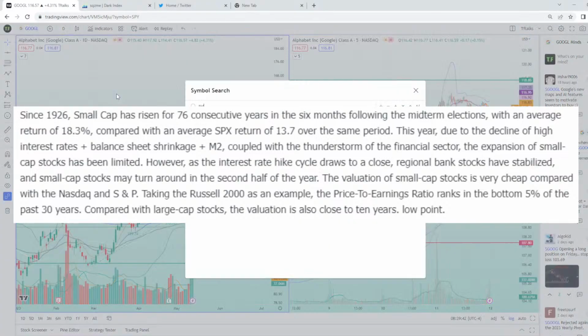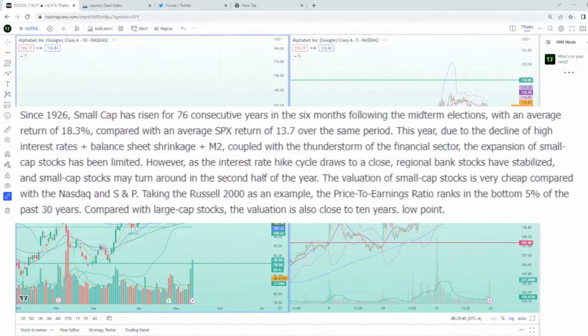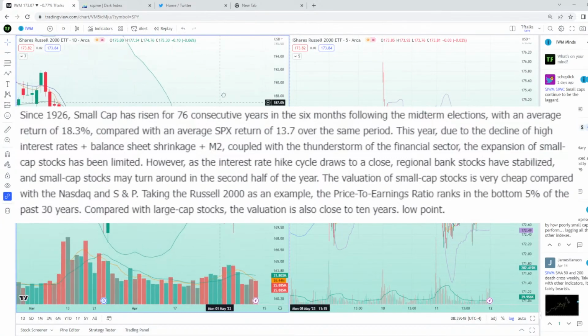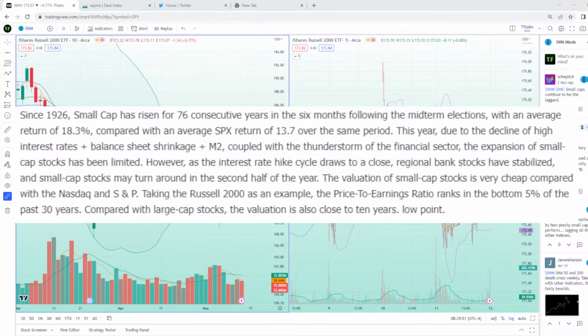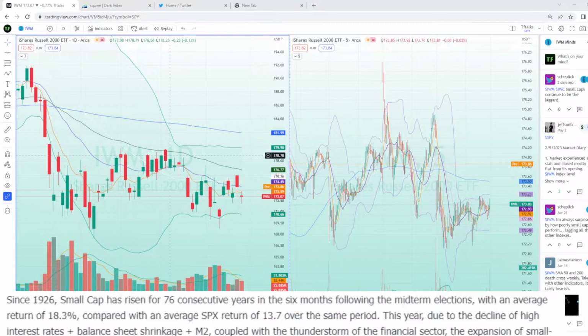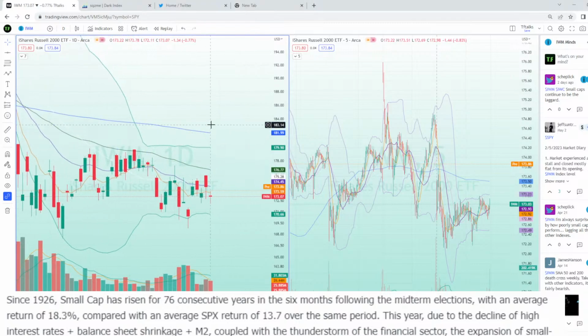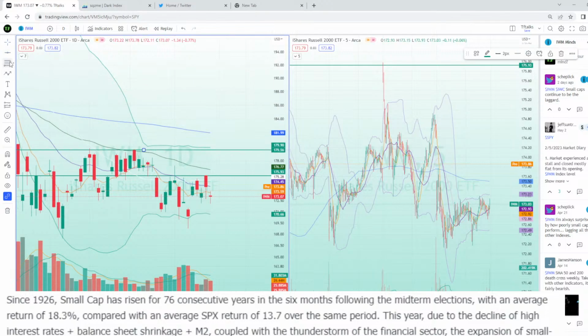What I was looking at is IWM, the Russell 2000 ETF, and I also gave some levels for the IWM. I cannot tell you exactly when IWM will go, maybe to 200 or 250. I cannot tell you when, but there was a price range. So once the IWM breaks 175 to 180,